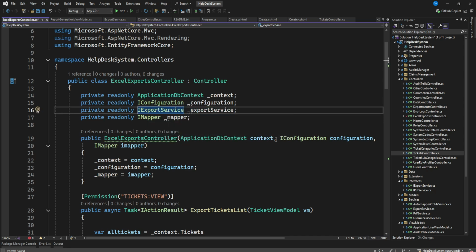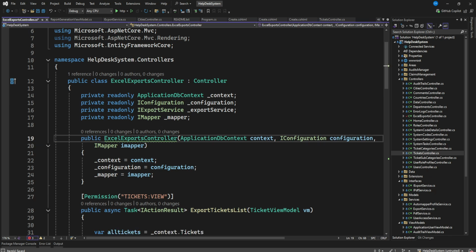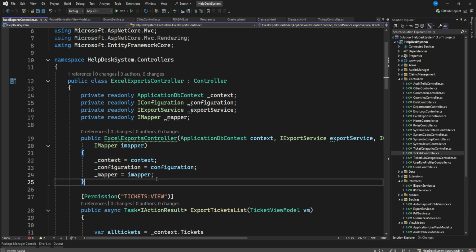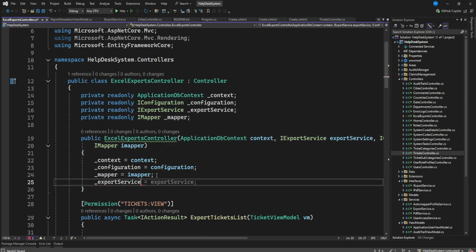Can have it here. Sorry, you can do here Excel export service. Then we can do that. Then here we can also do underscore export service. That is it. So once we have our export service now, what we need to do is now to export